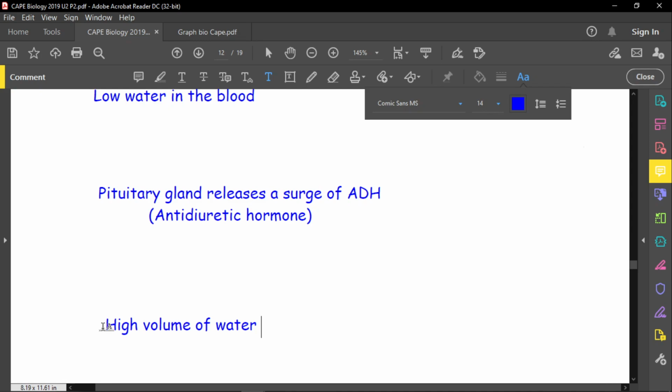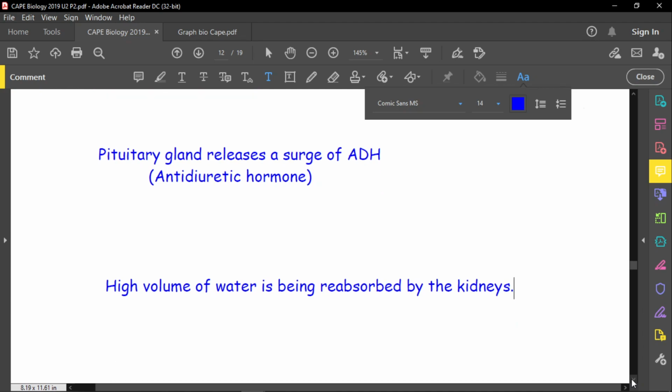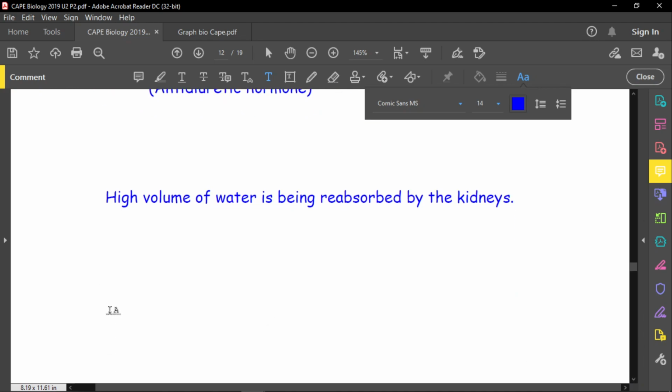to be reabsorbed. So a high volume of water is being reabsorbed by the kidneys. Okay, so the kidneys will reabsorb this water, or high content of water. Very important, right? And then the next thing that I want to make note of right here, because the kidneys now are reabsorbing a high content of water,